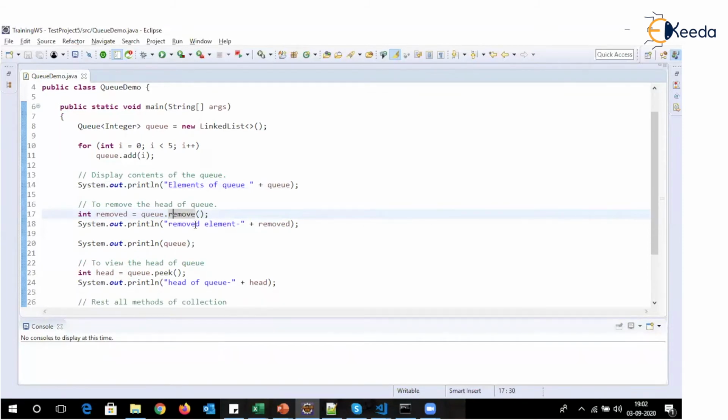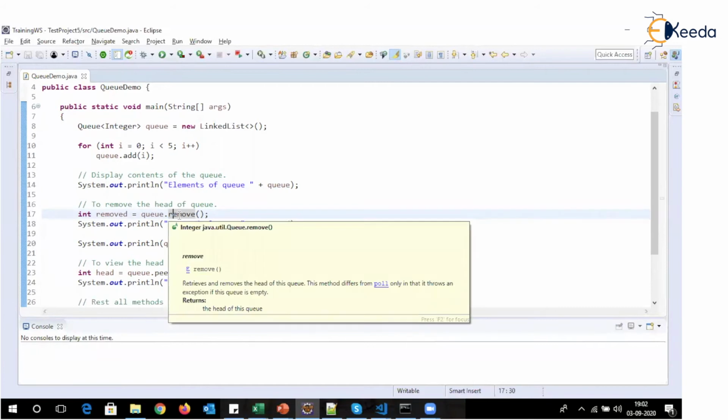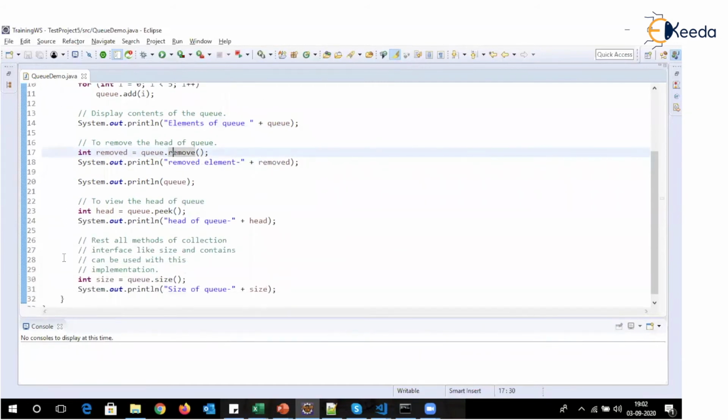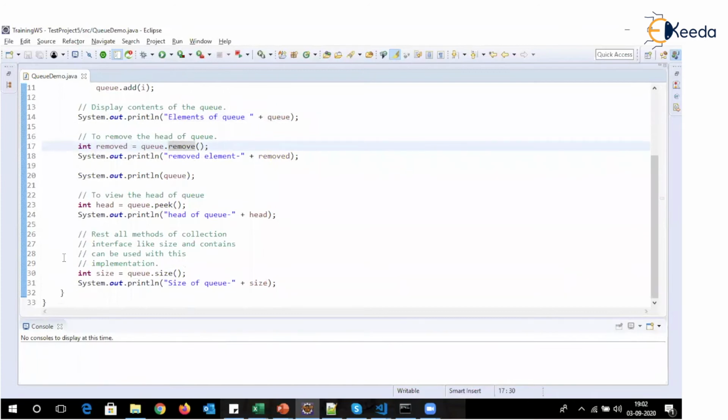So you can check this code by executing it. And the peek method is to check which is the head of the queue, meaning which is now the first element of that queue. The remove method is going to remove one element at once. And the rest of the methods are from the collection interface itself.